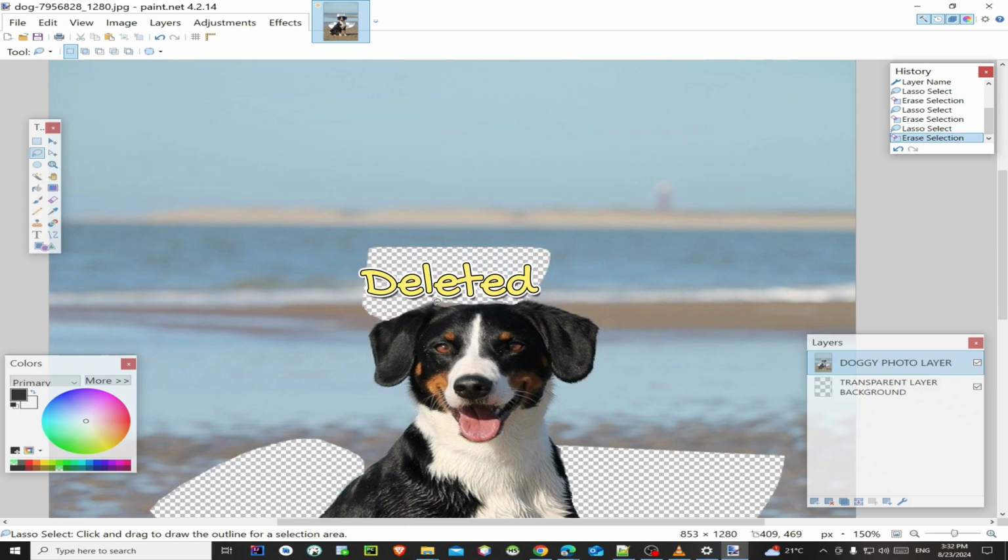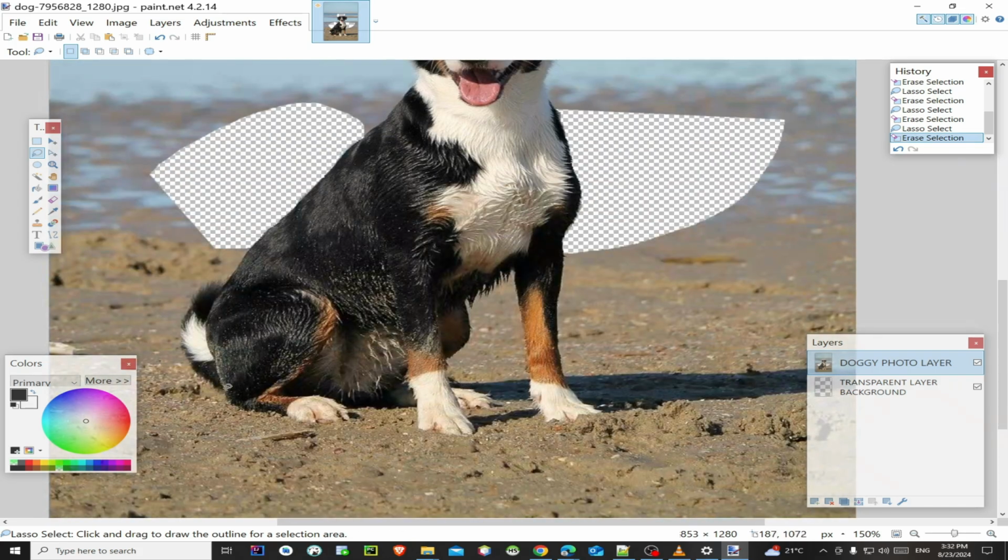So once I select it, I just click delete. There was this bit that was missing here. I also need to select it and then I do delete. Okay, now let me do some more here, following with the lasso tool the edges of the dog, and I pull it to the right.